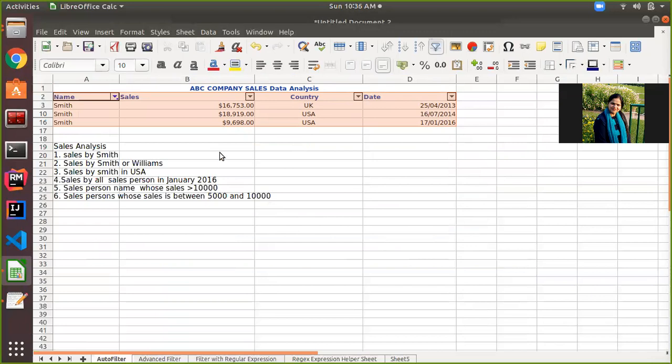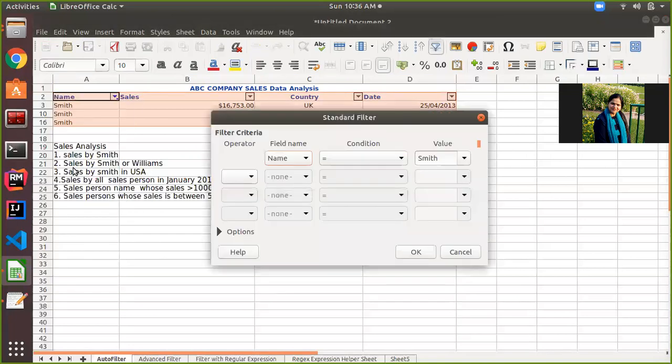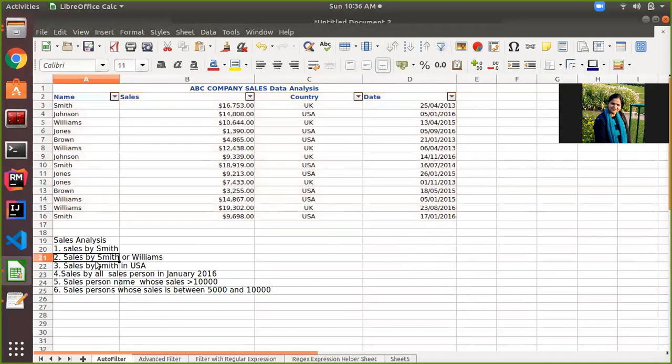So these are the two ways by which you can apply the filter, either using the standard option from the auto filter or by checking or unchecking the check boxes, right? Now suppose you want to clear the filter, then again click here and instead of name select none. So this condition will get removed. This is how we can analyze data.